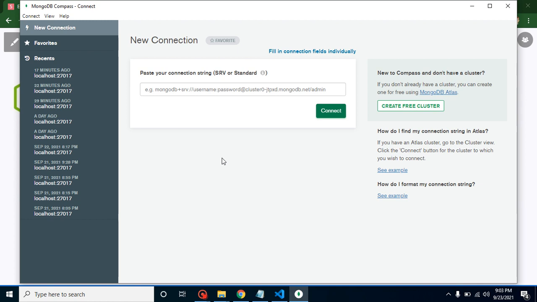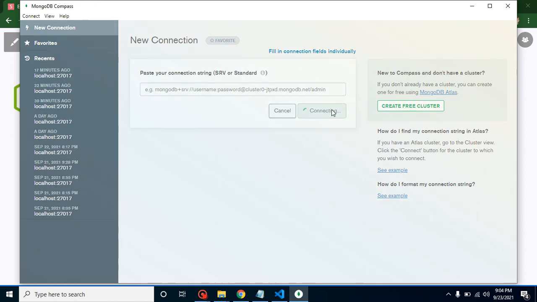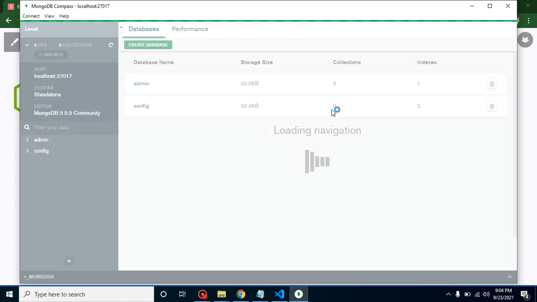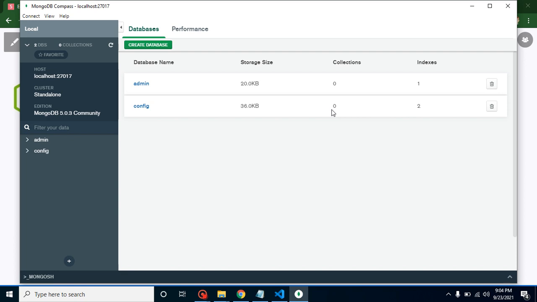Maybe some guys are confused: is this MongoDB? No, this is basically the MongoDB Compass tool, which is used as a GUI, you can say an interface, for MongoDB. You can't see MongoDB itself, no UI and all.